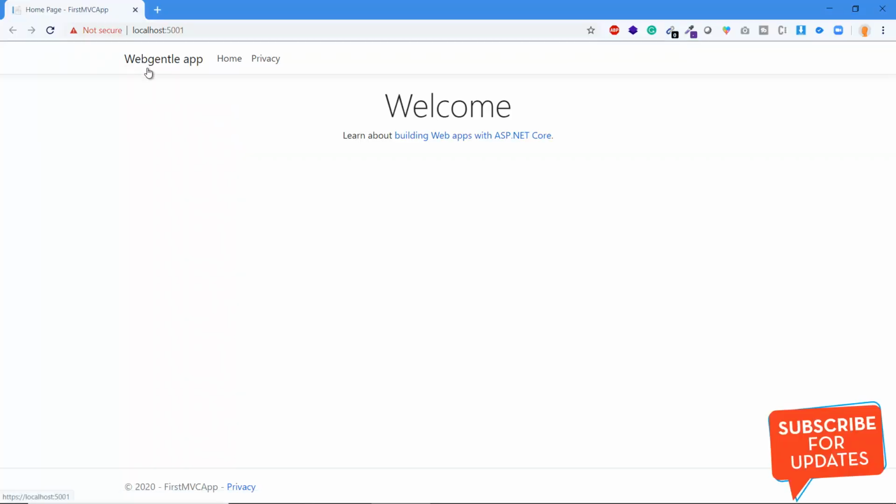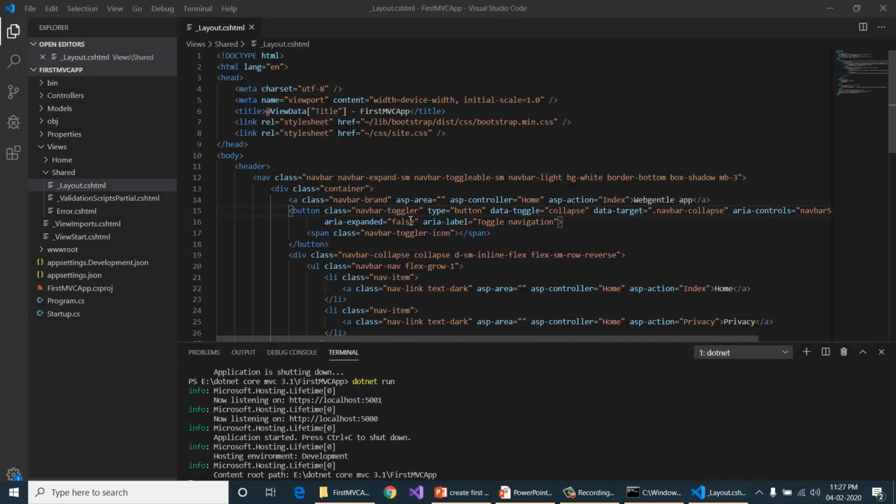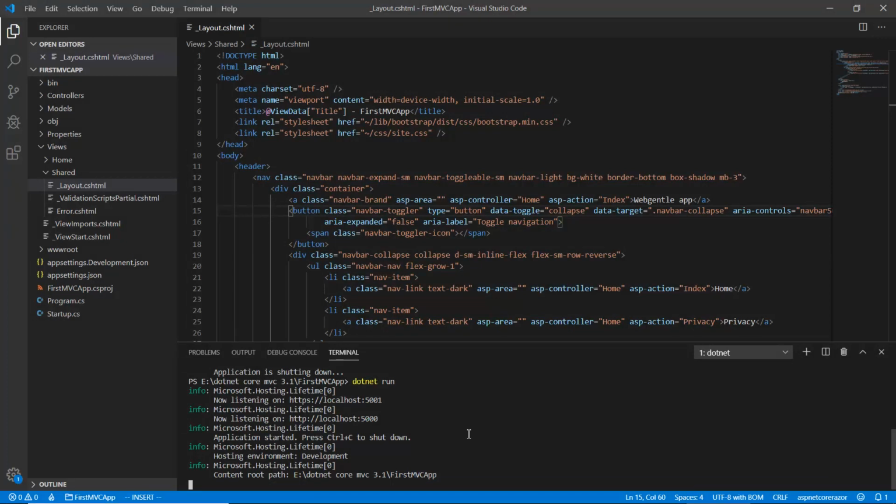Now you can see we have the updated name of the application, WebGentle App, and everything is working fine just like the previous application. Let's close this browser and shut down the application. We can simply press Ctrl+C to stop this application.